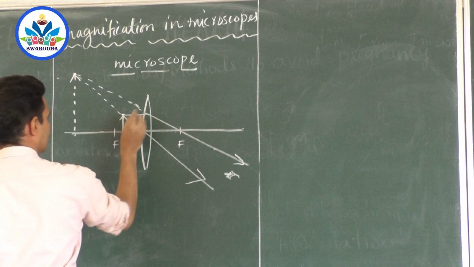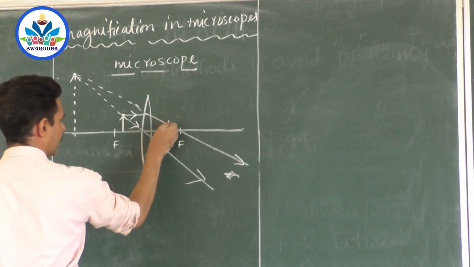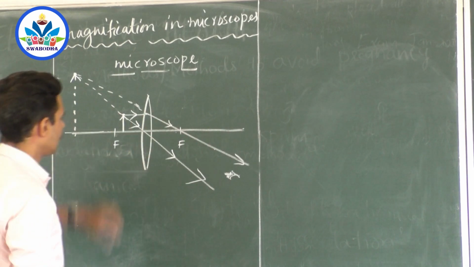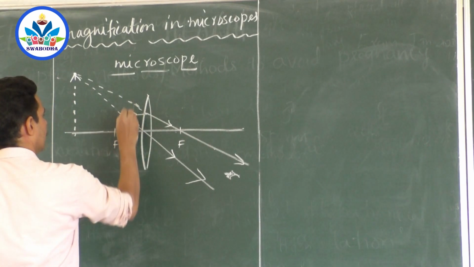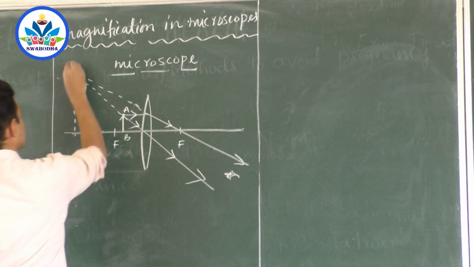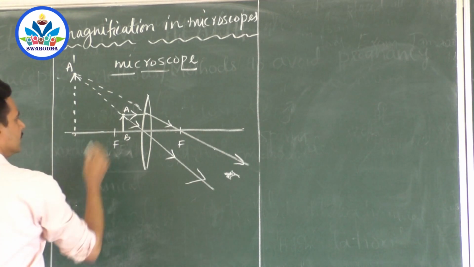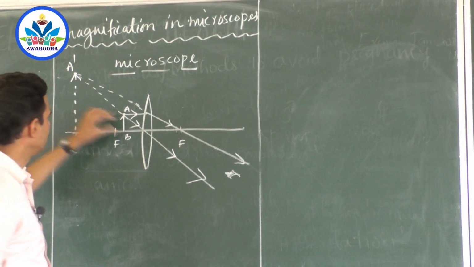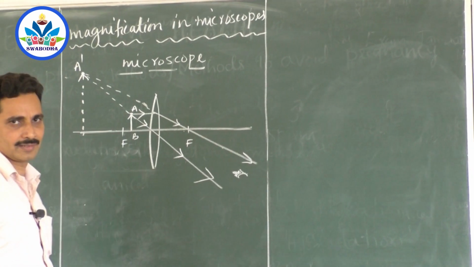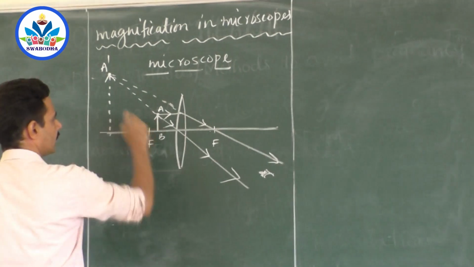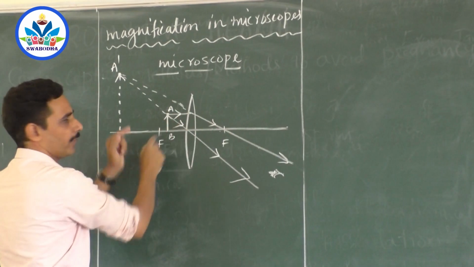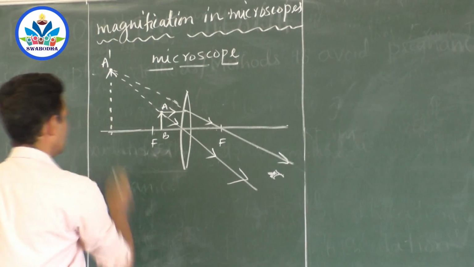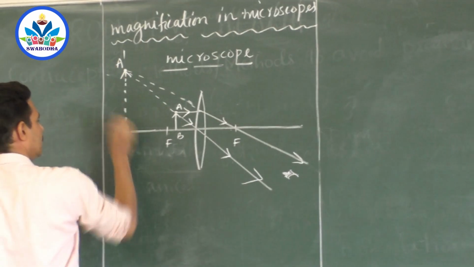Since these two rays, one this one, another this one, arrow marks are very important, the diagram is also important. These two rays start from the point A of the object, so that is why this is A dash, the portion of the image. Similarly, all the rays starting from different points of this source will meet at different points here. We can retrace it by geometry itself. You need not draw every ray diagram from every point of the object. Just once you get the image of this here, we are very sure that the other images will be here. So the whole image will be here.